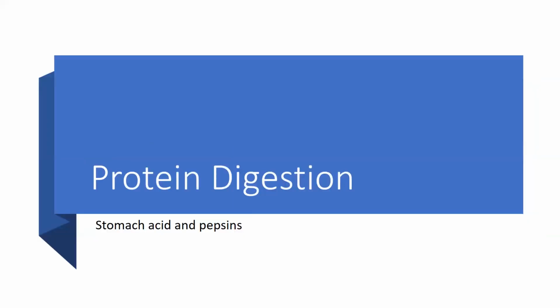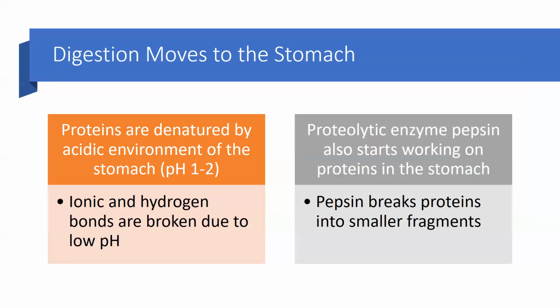Protein digestion is really not even going to begin outside of mastication until we get into the stomach. Stomach acid and pepsins are really what starts the majority of protein digestion outside of the manual mastication, which is just breaking down food. But the acid and these pepsins denature the protein, and we need the stomach to be in an acidic environment. The hydrogen bonds are able to be broken because of low pH. So essentially we throw a bunch of acid into the system, we denature a bunch